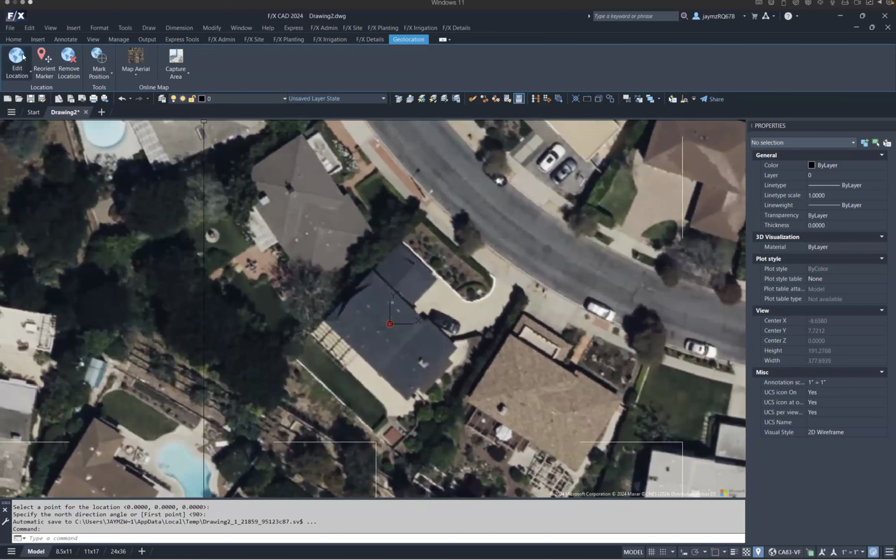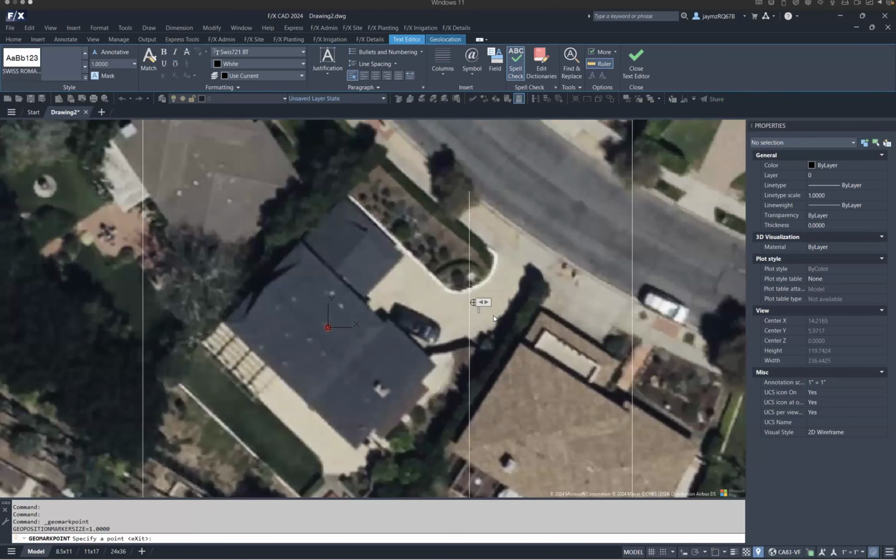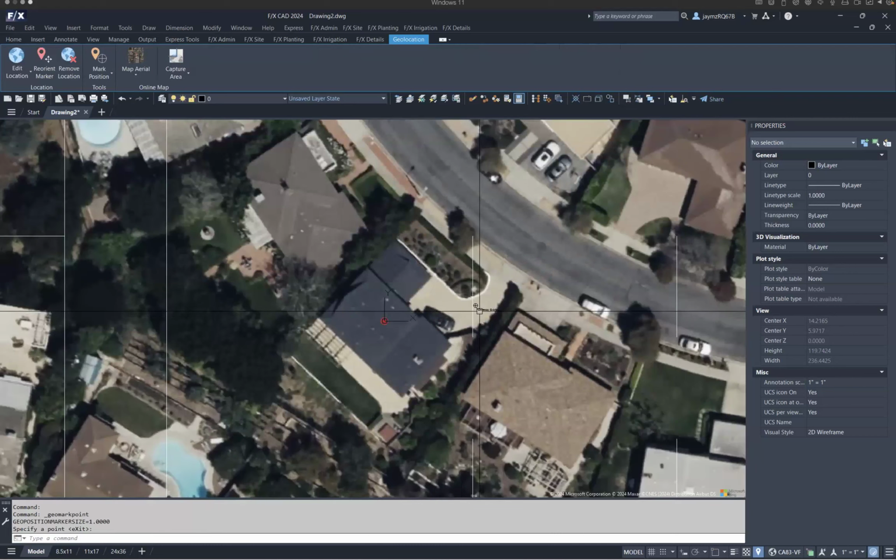But before we do that, let's take a look at these tools that we have. As you can see here, we can click this drop down menu for the map aerial. You could still change the map layer that you're on, but we're going to leave ours at aerial. You could mark a position, so you could specify a certain coordinate, or you could just add a point. And if you add a point, it's going to allow you to label that point. So I could say something like driveway existing, just as an example. So you can make any little call outs that you want.